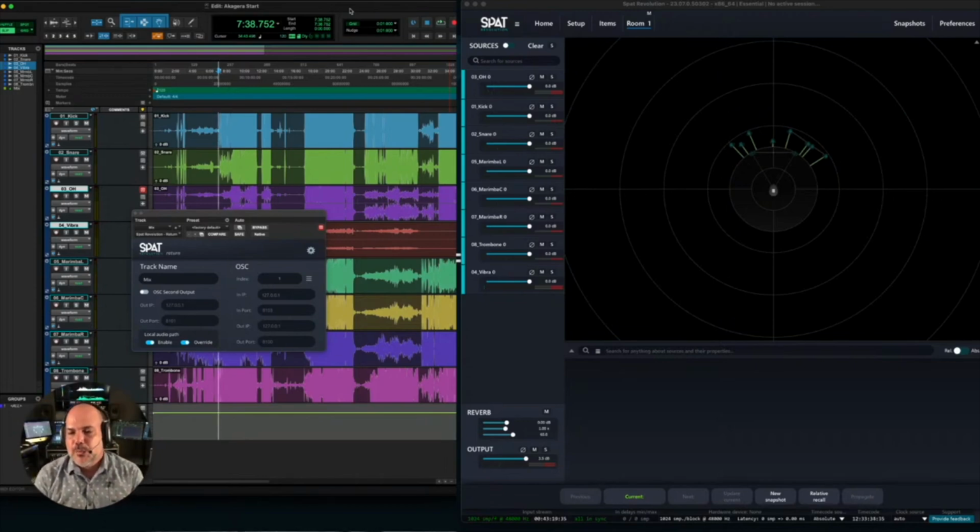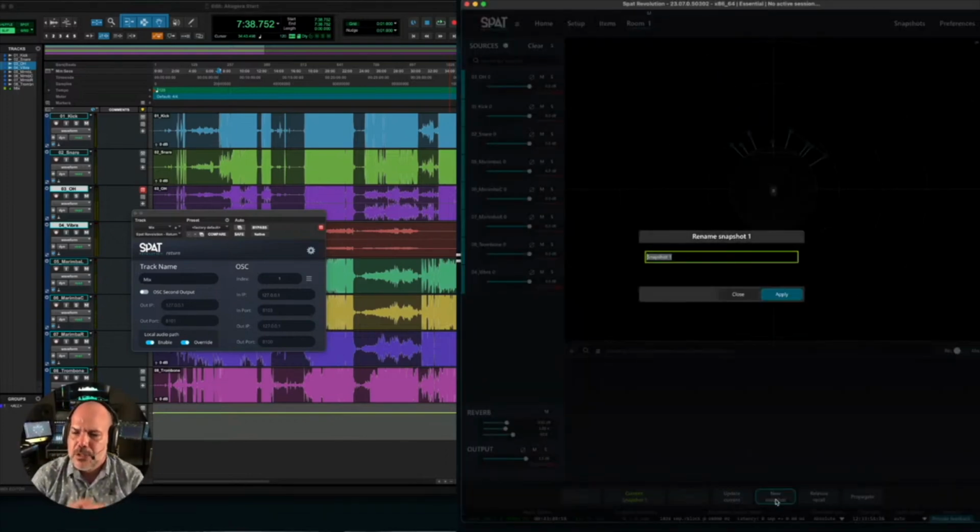So there are two ways to approach automation. You could decide to automate a single parameter, and that's a great way to do it, and that's what we're going to look at. In parentheses, we do have a snapshot system, a preset system. Snapshots are very popular in live production. Why do I say this? Because this is quite practical: if we decide to create a snapshot, this is scene one, this is song number one. We can have a song-to-song scene, a start point,